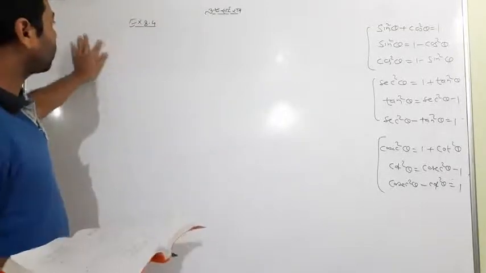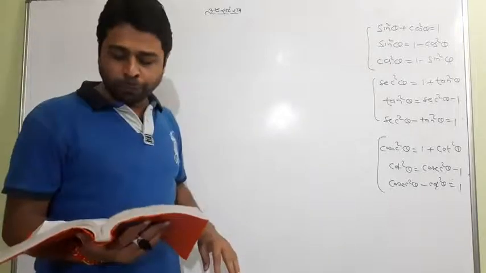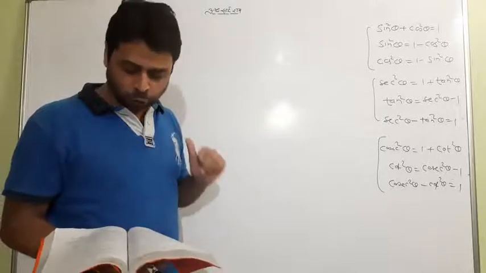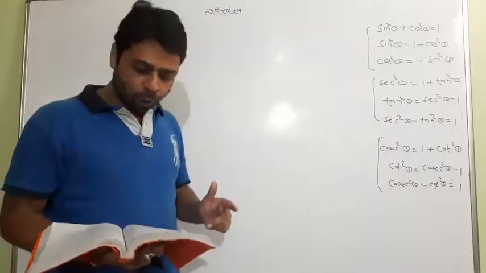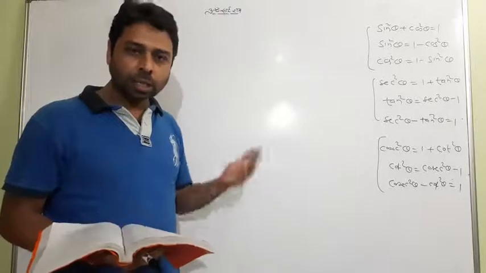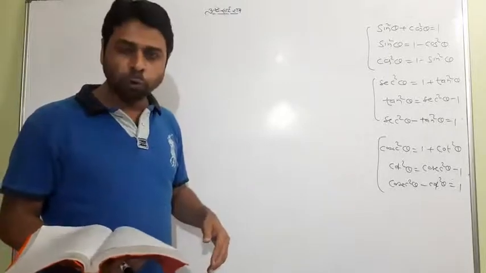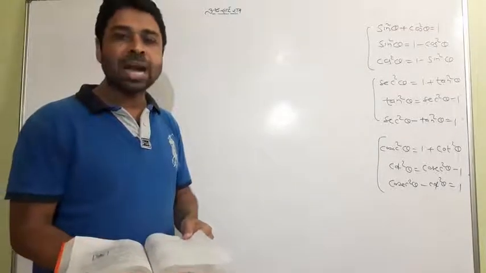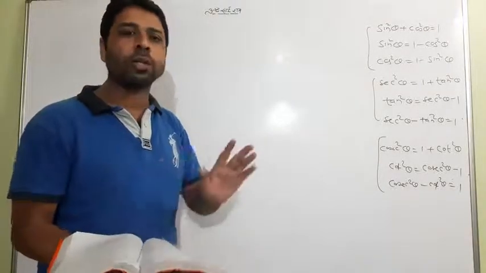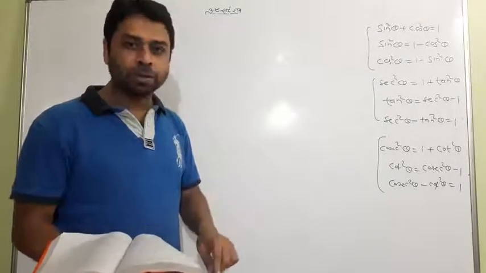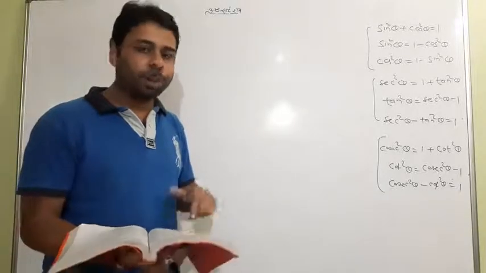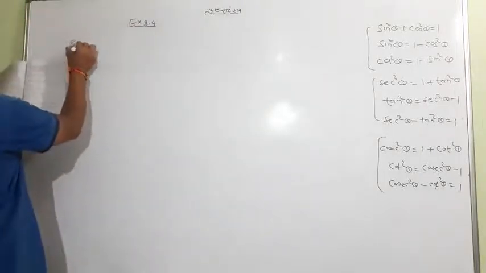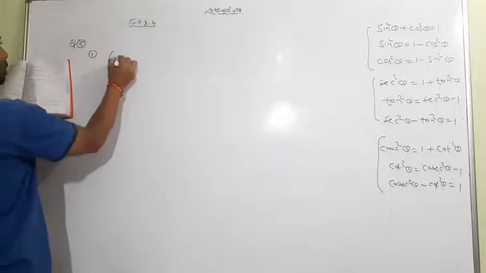Something very important: question number 4 is an objective question. I will complete it, but after the exercise. So first of all, I will skip the 4th question and jump to the 5th one. The 5th question is very important as far as the exam is concerned. It has 10 questions and all are important, along with example number 15, which I will do myself. So I'll start question number 5.